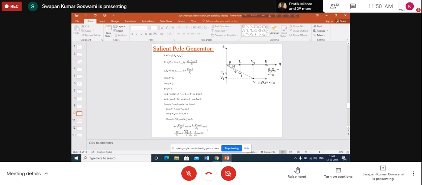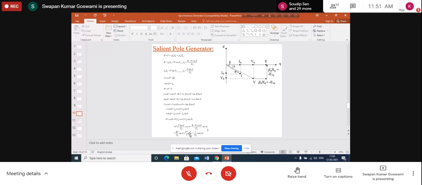So here also you see that you can change the active power output of the generator obviously by varying delta. As before, the same logic that we have discussed in case of cylindrical rotor machine, why delta has to be varied for varying the active power. Here also the same logic is valid, because here also you will be varying delta to change the active power. But here something more will happen. Whenever you are trying to vary delta, this component will vary. At the same time, this component also will vary.